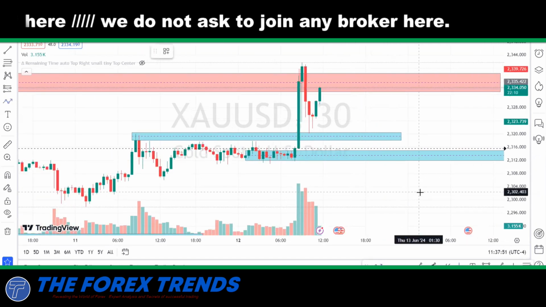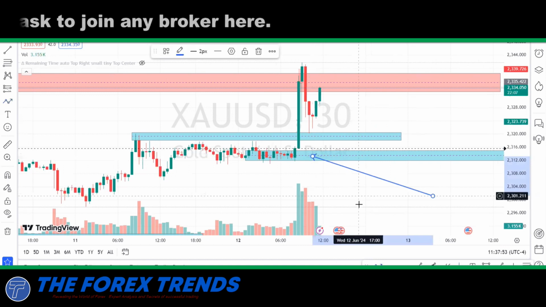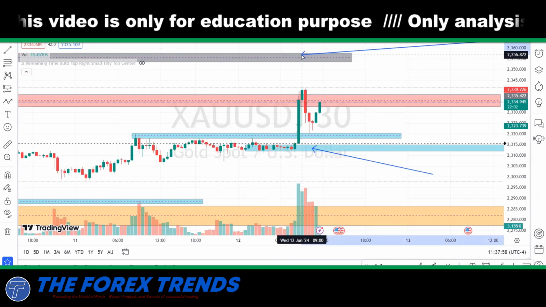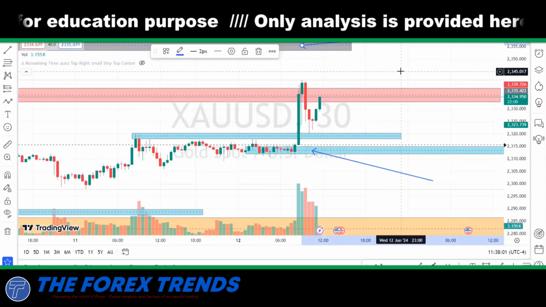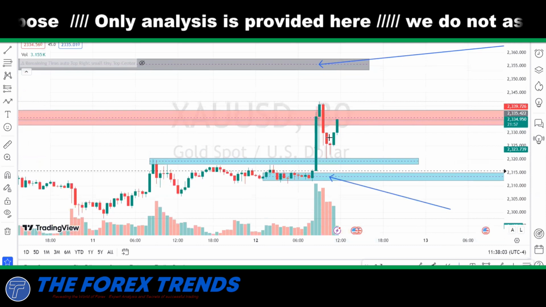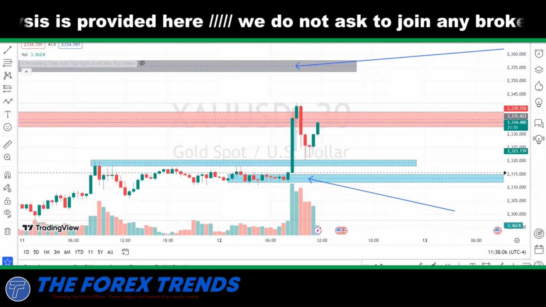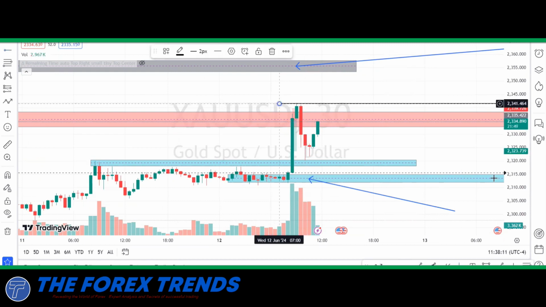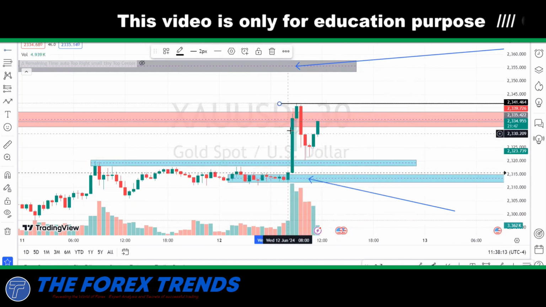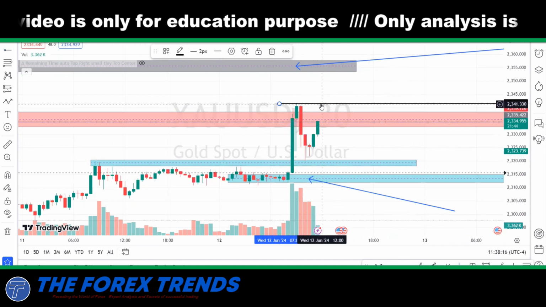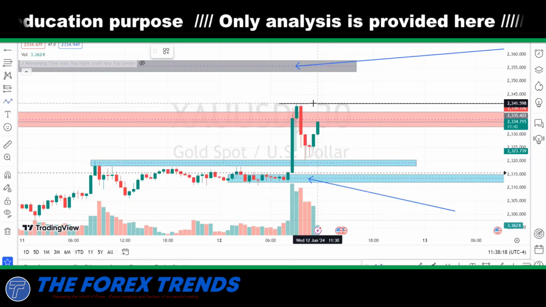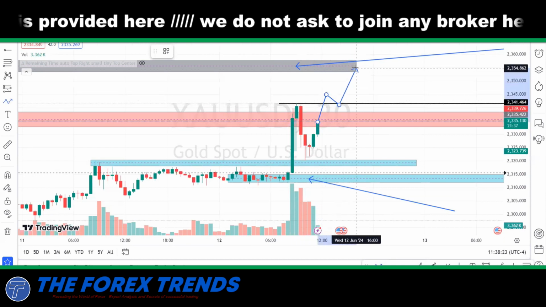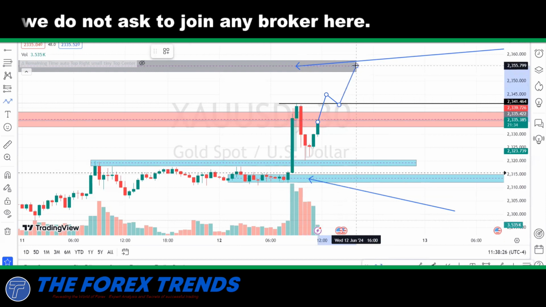If we get the price at this level, we will initiate a buy. If we get the price at this level, that is 2355, we will initiate a sell. If you want to do some kind of scalping on gold, you may initiate a buy after a breakout of this high, that is 2340. If price closes above 2340, you may initiate a buy from this level